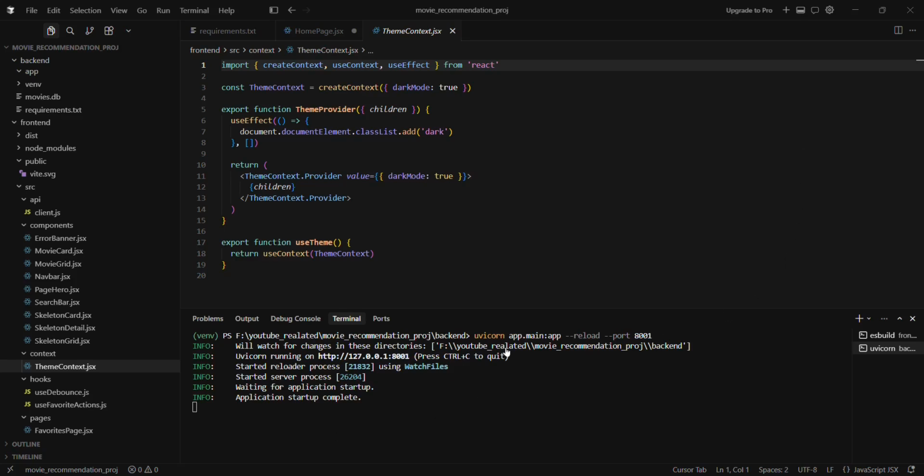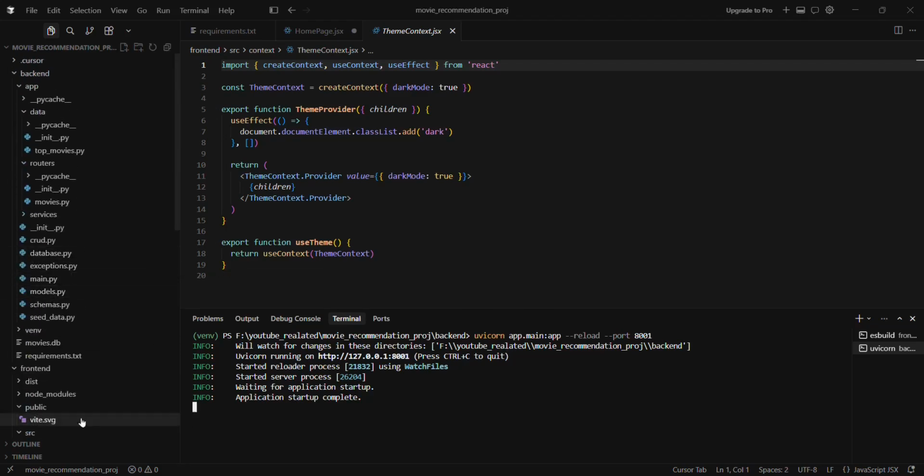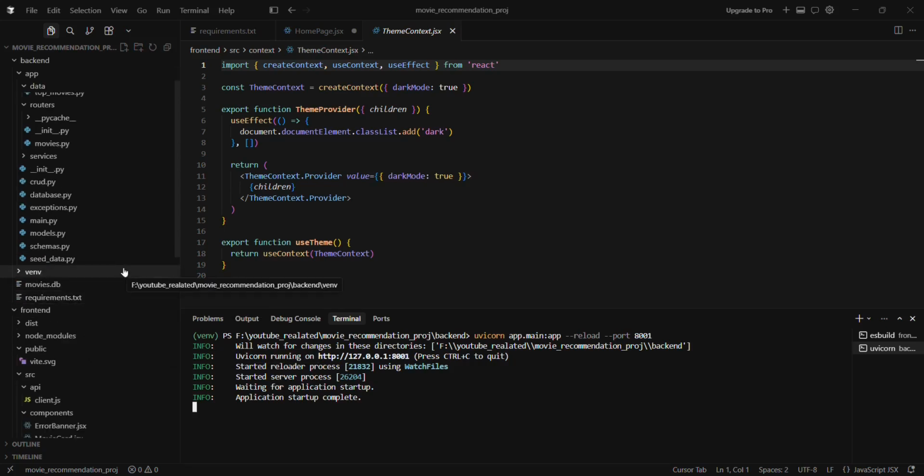Right now it is not showing all the images because of some network error with IMDb. By using AI